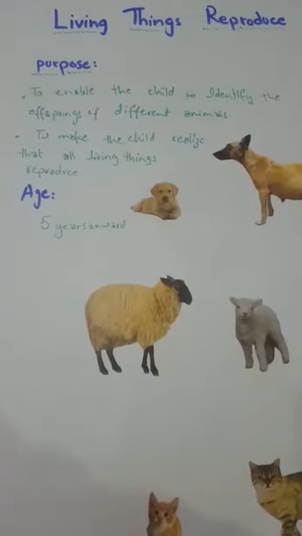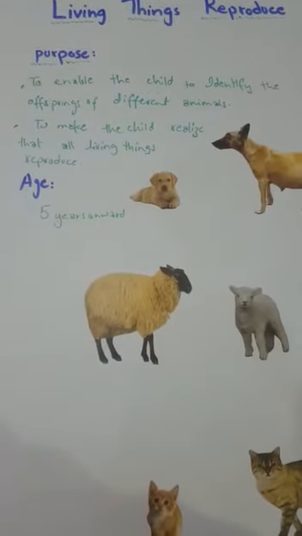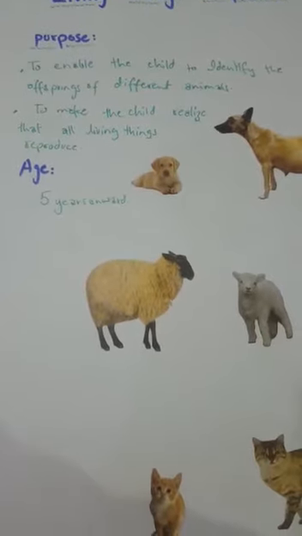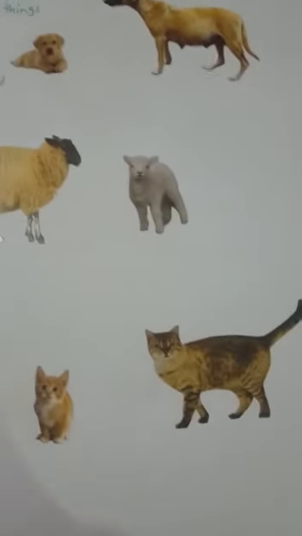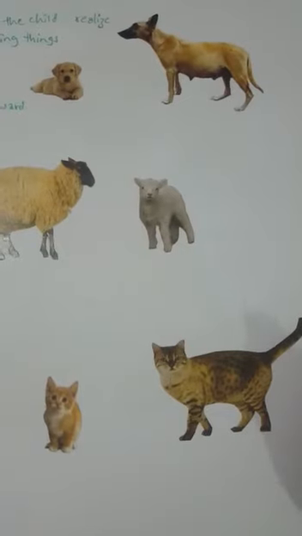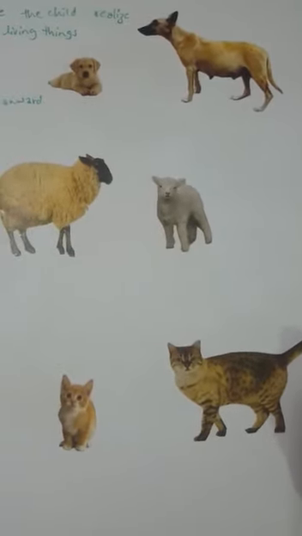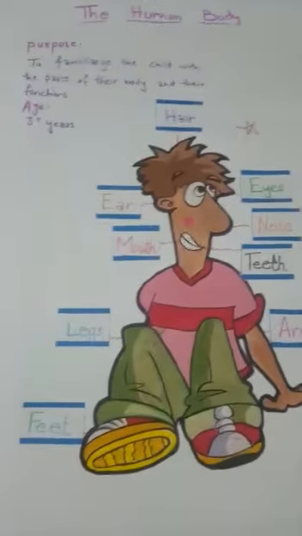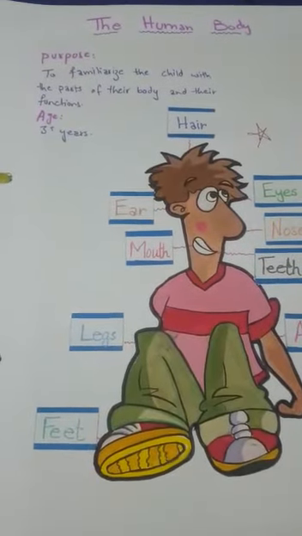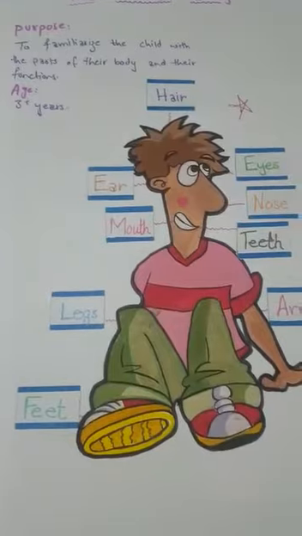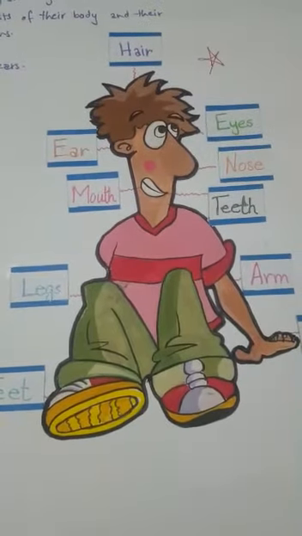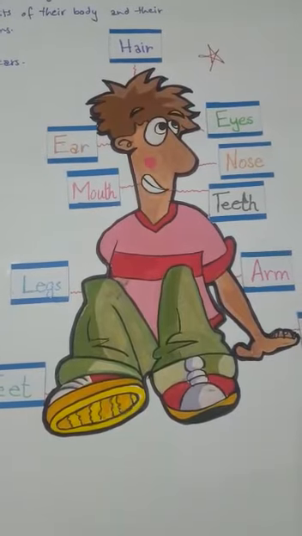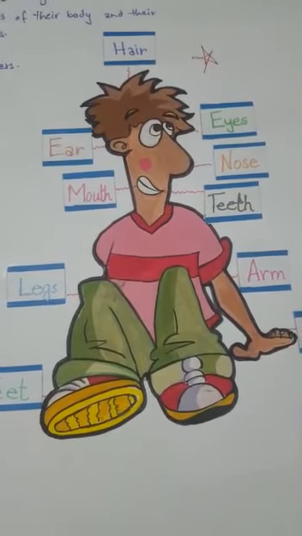Living things reproduce: to enable the child to identify the offspring of different animals and to make the child realize that all living things reproduce. Dog and a cub, sheep and a lamb, cat and a kitten. The human body: to familiarize the child with the parts of their body and their functions. A human body has hair, eyes, nose, ear, mouth, teeth, arm,